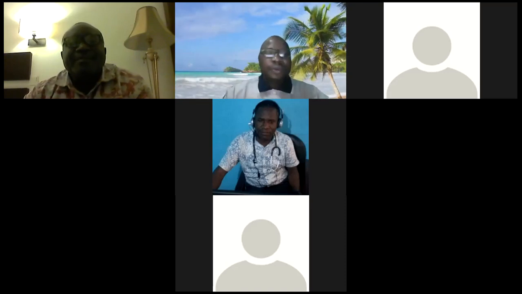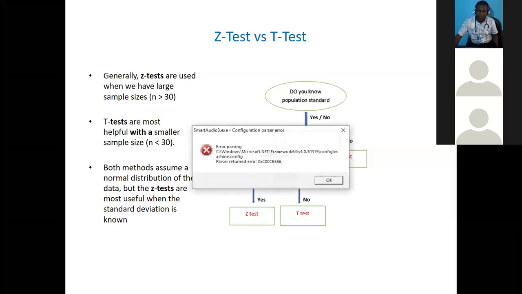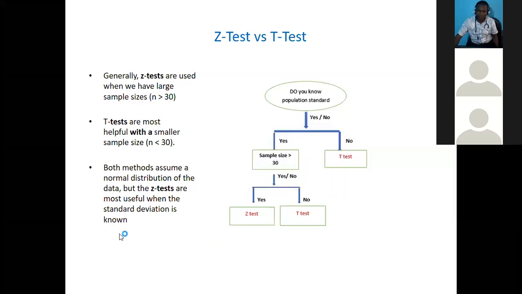Oh, wow, it now makes sense. That statement, that's what it means. Now, Z versus T. You will see why you hardly see anybody using the T test when comparing means. The reason you will see. Now, this one is like an algorithm. How do you know which one you should use?